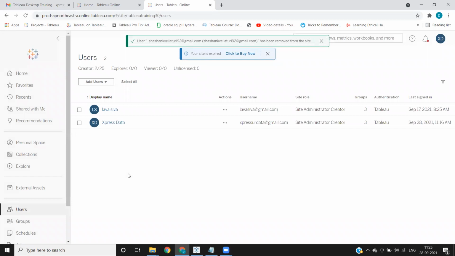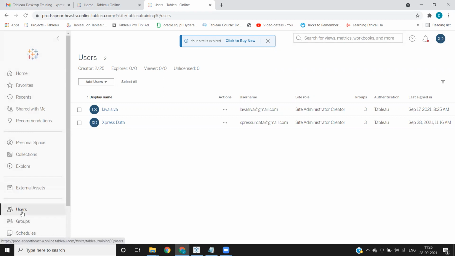So these are the important parts of the server: adding a user, changing the permission of a user, and removing a user from the server. Three important things that we need to remember. Mostly in real time, we will work with the group concept and not with individual users. For that, the first thing is we need to create a group. You see below users, we have the concept of groups. Same as in WhatsApp, we have groups. Similarly, here we have groups.